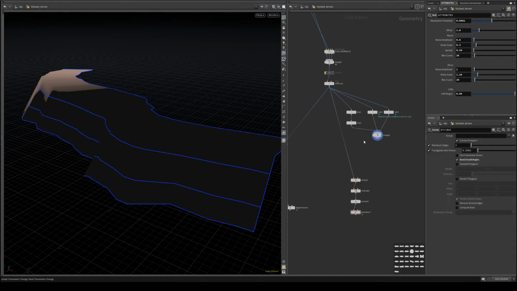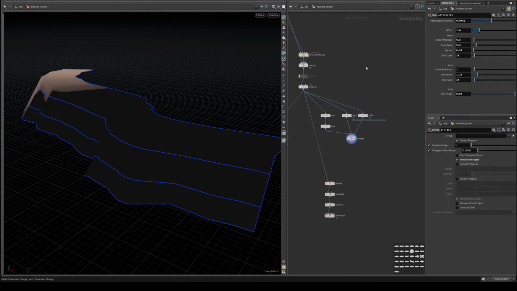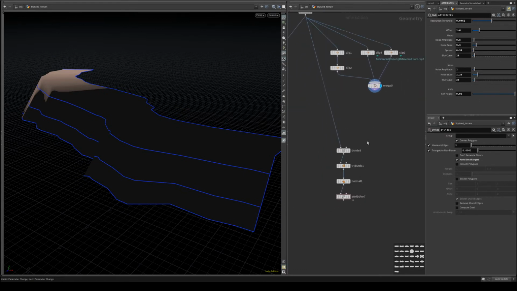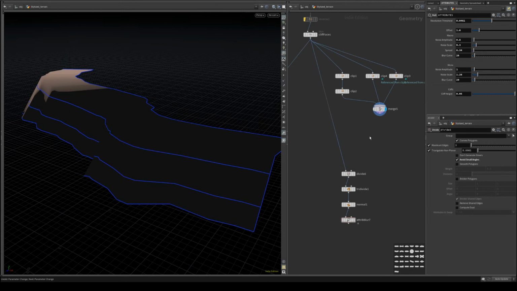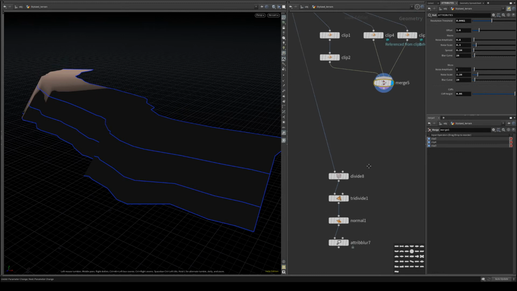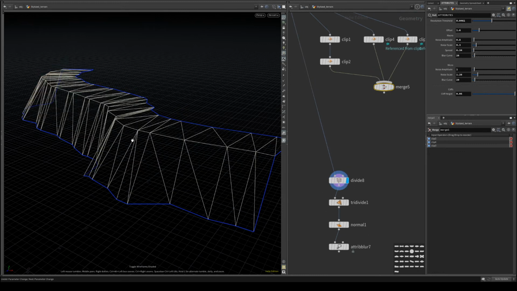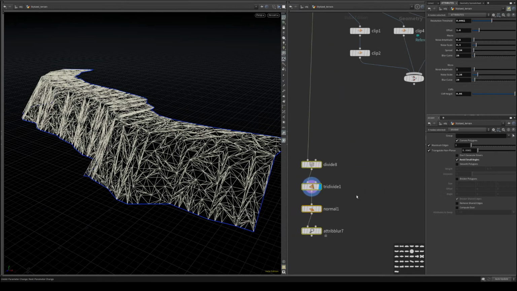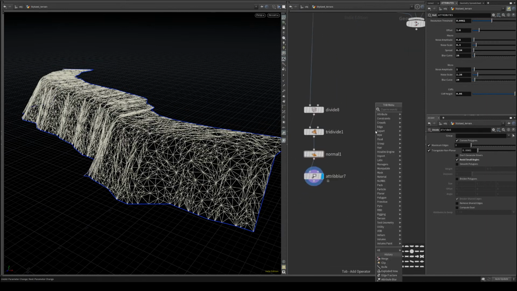And you can do booleaning. I recommend trying to avoid it as much as possible. It's very, very good, but I had a hard time with it in the past. So now that I have those cuts and I know that they exist, and I have this shape and form, and I have the try divide, I'm going to bring the blur right there, and now I can use the edge fracture